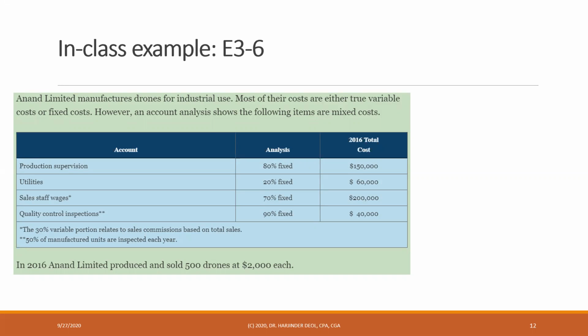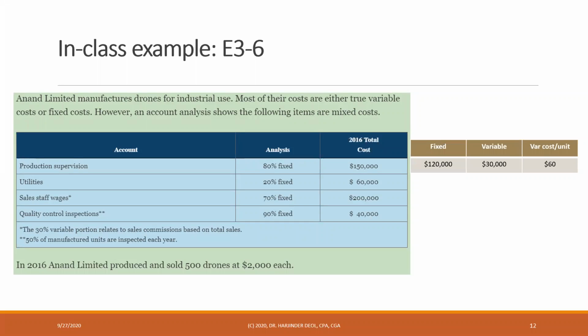For the sales staff wages, 30% of the variable portion relates to sales commission based on total sales. And for the quality control inspection, 50% of manufactured units are inspected each year. So in 2016, Anand Limited produced and sold 500 drones at $2,000 each. Now, if we do the account analysis, we can break down these amounts between fixed and